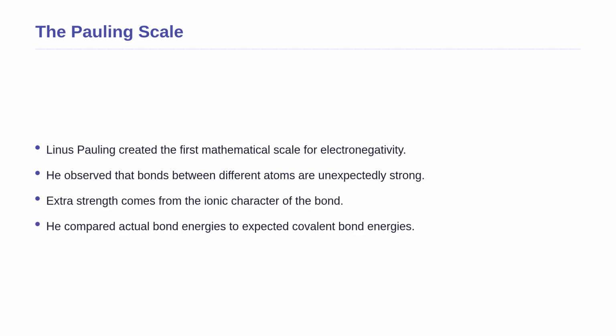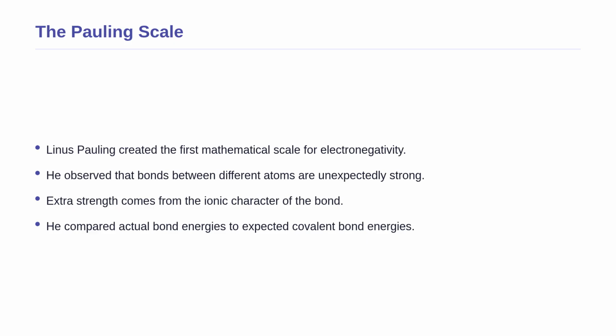With this visual in mind, how do we actually measure this electron greed? Linus Pauling was the first scientist to create a mathematical scale for it. He noticed a fascinating pattern. When two different atoms form a bond, that bond is almost always stronger than what we would expect if they were sharing electrons perfectly equally. He realized this extra strength comes from the ionic character of the bond, the positive and negative ends attracting each other like magnets. To measure electronegativity, he decided to compare the actual measured bond energy to a theoretical, purely covalent